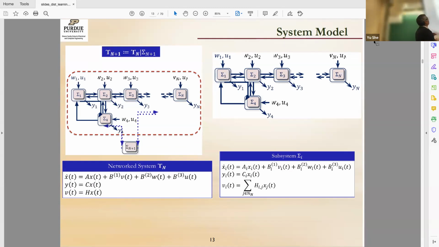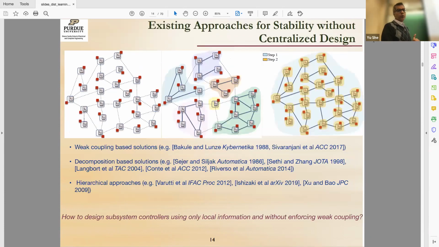Okay. I can also have systems joining in and coming out. And again, if you look at the core of the centralized theory, if a new system comes in, the sigma n+1 comes in, even the controllers at faraway nodes, which are not talking to sigma n+1, have to be updated. The entire system has to be, you have to restart the design process. Okay. So can you be more efficient? So there are some works that have tackled this problem.